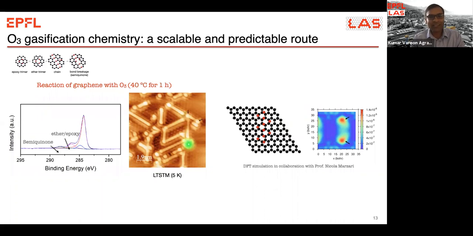We start to see these linear chains, which have never been seen before, to the best of my knowledge, and they tend to have these two blobs at the end, right? So in collaboration with École Marjorie, we started to look at what these chains could be, and it turns out that these chains are chains of epoxy trimers, arranged in this zigzag fashion. They cannot be chains of ether, because those cannot have the threefold symmetry that we see in this image here. So this becomes very interesting, because at room temperature itself, we are forming these linear clusters, which can then give us the pores when we heat it, right?